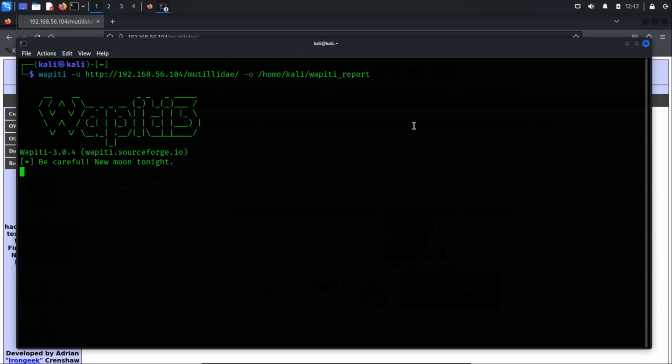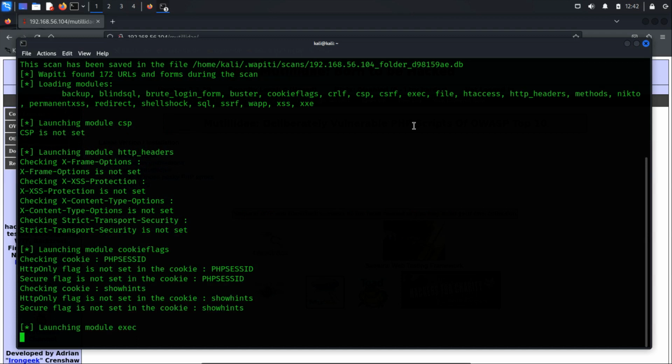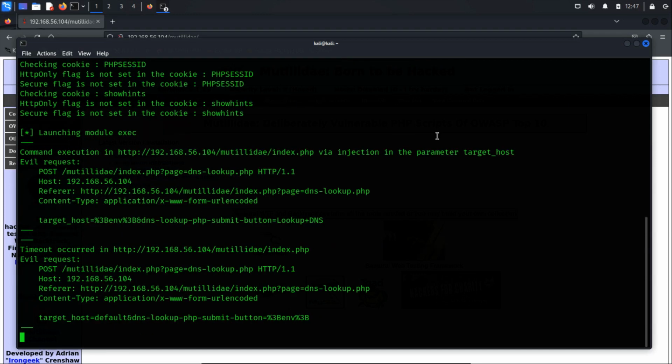Once the scanning process begins, Wapiti will execute various modules to identify potential security issues. Keep in mind that Wapiti crawls through all the pages of the website and applies its modules, which can be time-consuming. For instance, on a Metasploitable virtual machine, the scan and module execution took over 15 minutes to finish. On a real-world website, this process could potentially take hours, depending on the size and complexity of the site. Therefore, be patient during the scanning process, and ensure that you allocate sufficient time for Wapiti to thoroughly analyze the